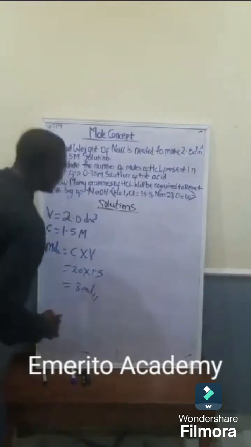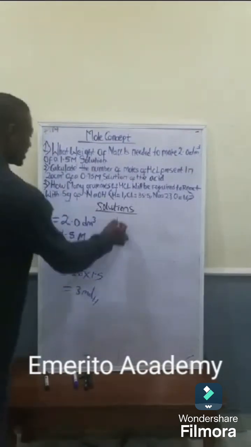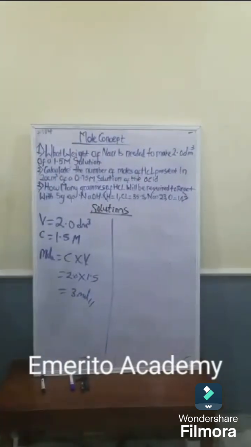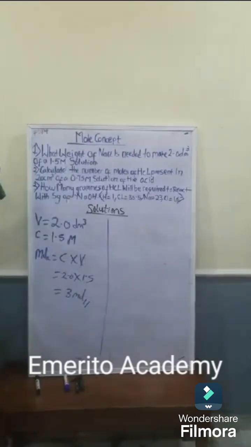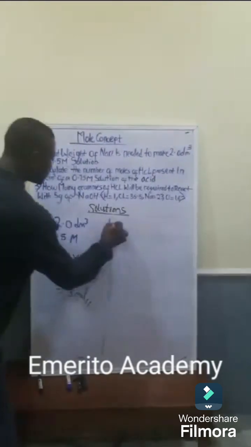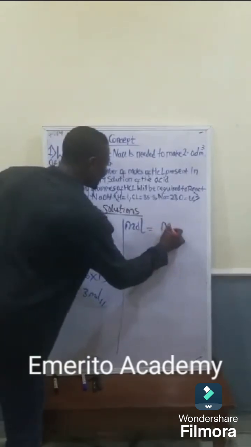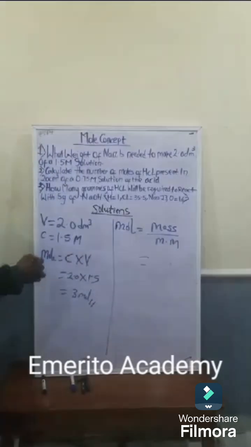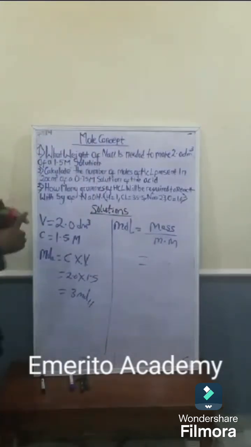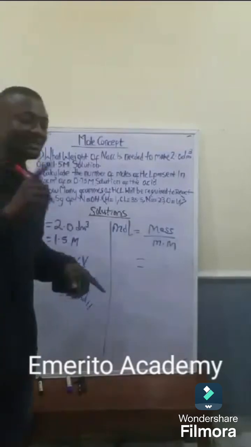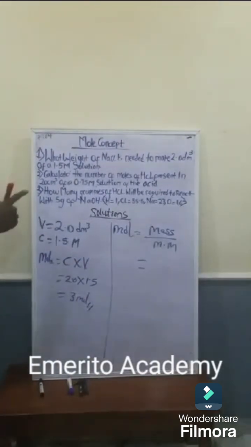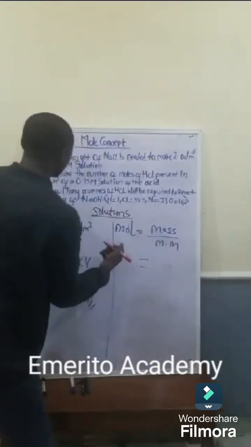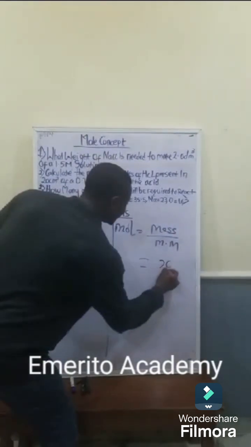Now, we have not gotten our answer, because the question asks for the weight. Since we have gotten our mole, we have to take our mind back to the first formula we deduced, that when it involves masses, mole is equal to mass over molar mass. And we know that the molar mass of sodium chloride: sodium is 23, chlorine is 35.5. So if you join 23 plus 35.5, it will give you 58.5. So I can say mass of chlorine is X. Mass of sodium